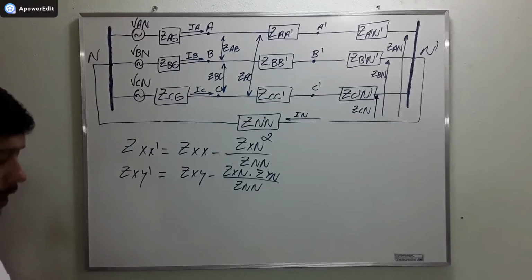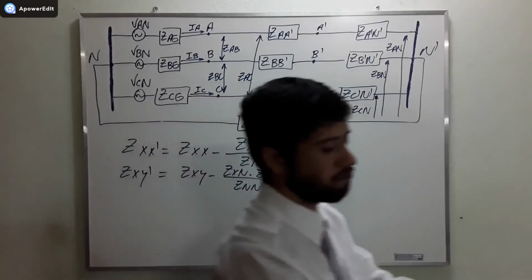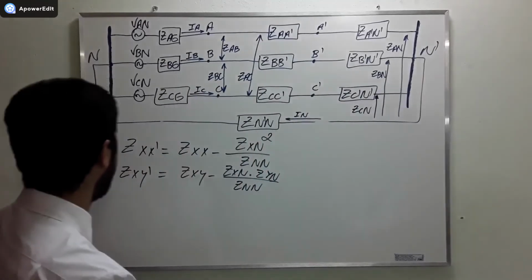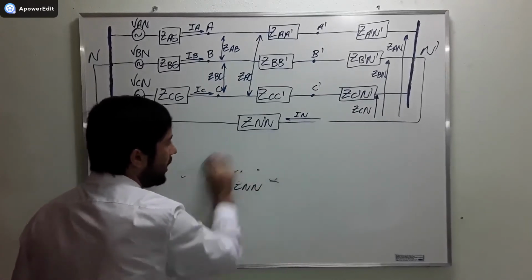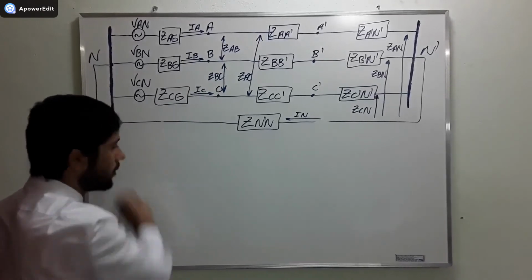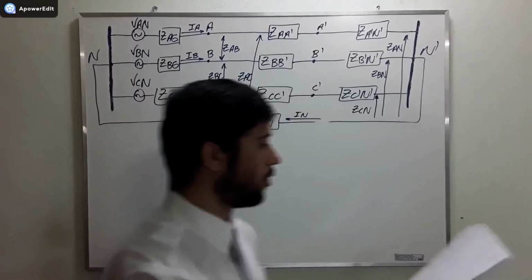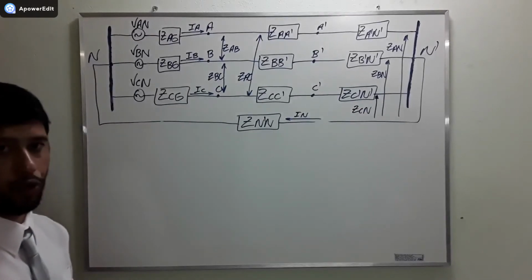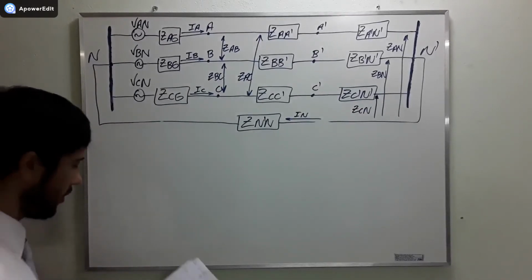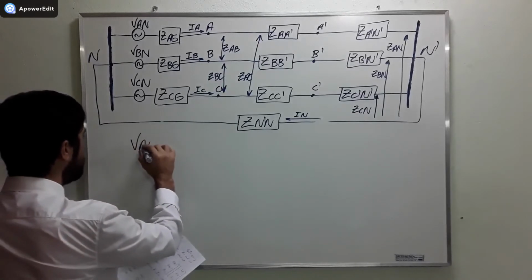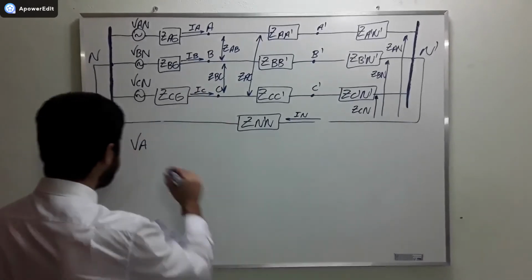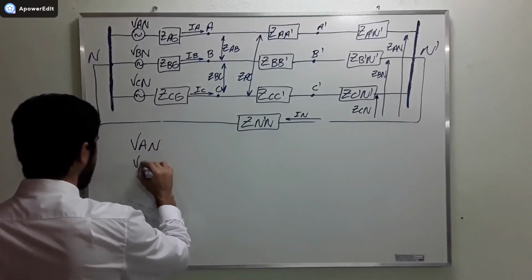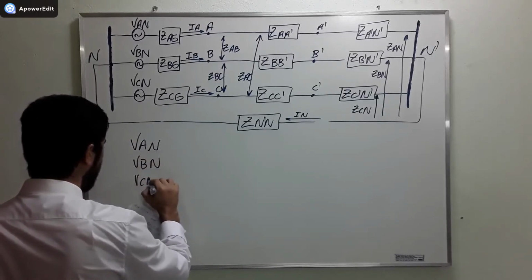Very simple, isn't it? We are going to use these expressions to find the following matrix. We had a 4x4 matrix and we want a 3x3 matrix. Okay? Once again, we had a 4x4 matrix and we want to reduce it to a 3x3 matrix. And we applied Kron's reduction and we find this matrix here. VAN, VBN, VCN